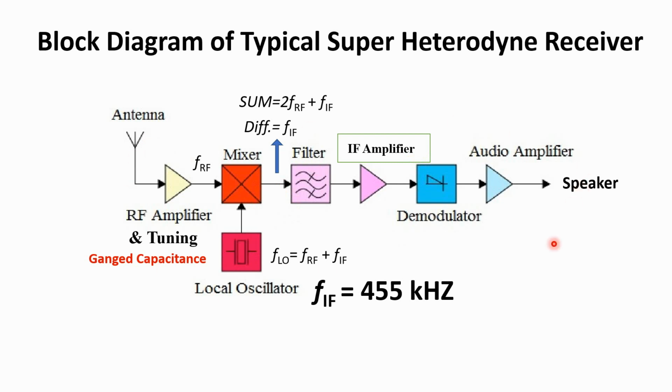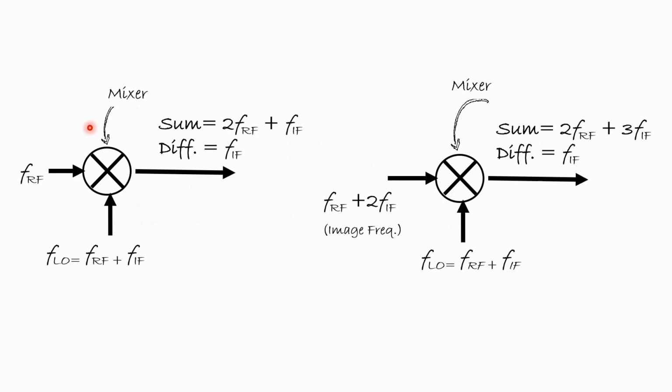Now one more thing, there is one problem with this superheterodyne concept, so try to understand it properly. See this figure. First case, one input frequency is FRF, and another input frequency to the mixer, FLO, is equal to FRF plus FIF, right? There are two signals to this mixer, so the mixer always produces two signals, sum and difference, for an ideal mixer, right? So FRF plus FIF and the difference frequency FIF. We are interested in this FIF, the intermediate frequency component.